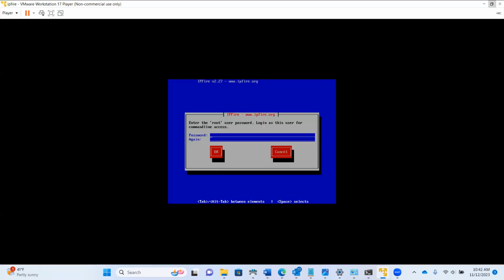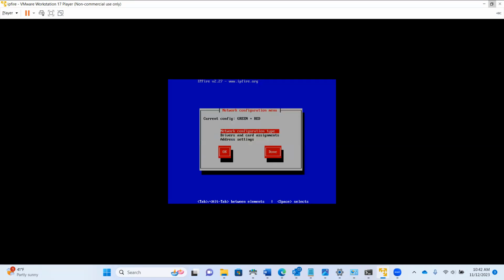Okay, so password. I don't like it. It doesn't even show that it's typing the password, but it is, okay? So now this is the second interface, which is the web interface I was talking about. So the username here is admin, as you can see. It's mentioned there in the first line. The password I'm going to